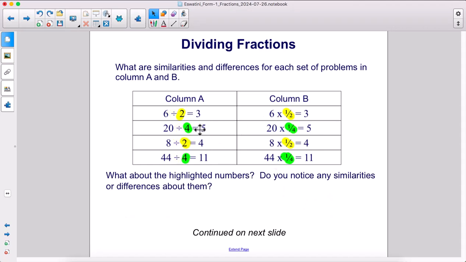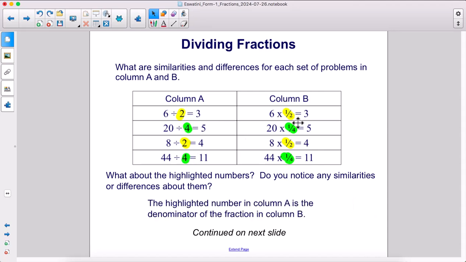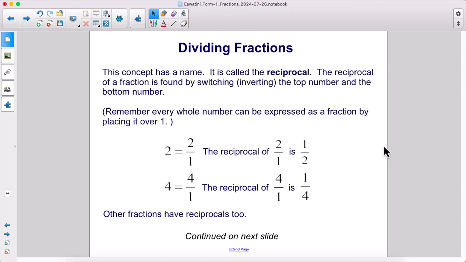What about the second numbers, the highlighted numbers? Do you notice anything peculiar, anything similar about these numbers? These numbers are inverses. The highlighted number in column A is the denominator of the fraction in column B. So 2 and 1/2, 4 and 1/4. This concept has a name. It's called the reciprocal. The reciprocal of a fraction is found by switching or inverting the top number and the